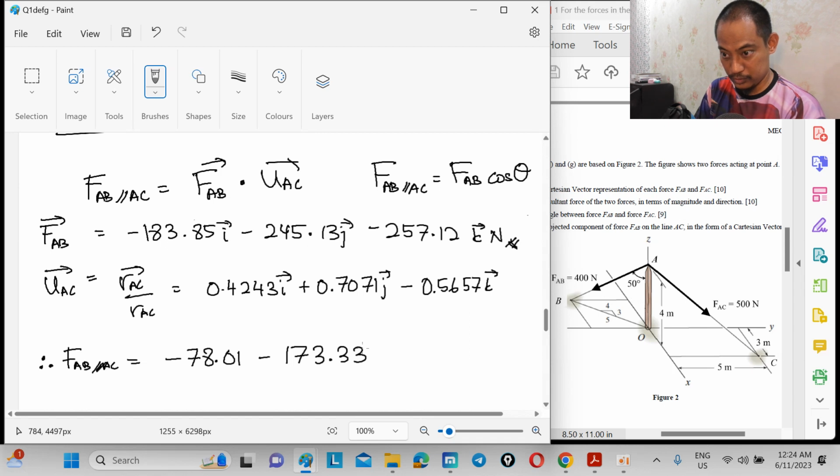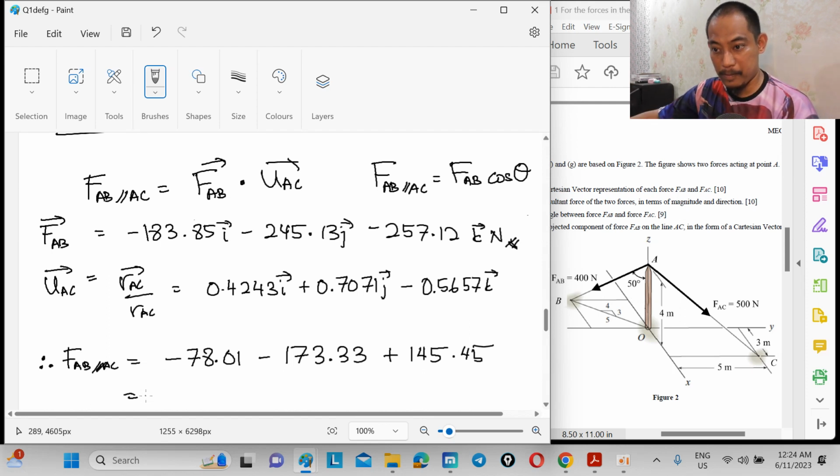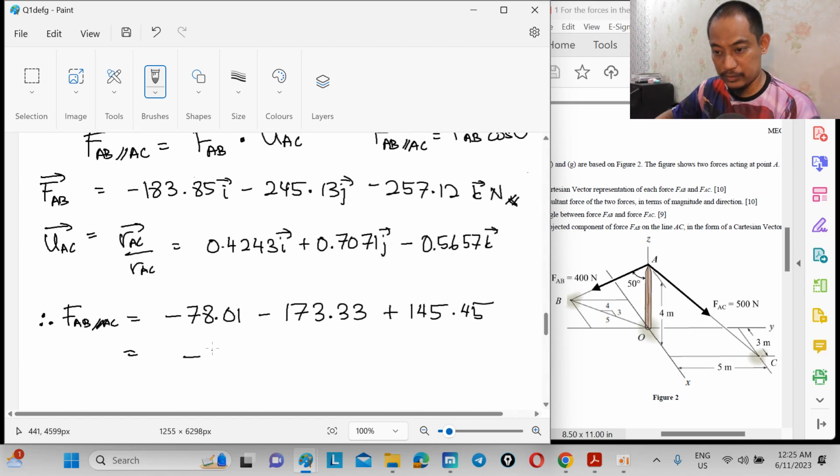257.12 times 0.5657 plus 145.45, so minus 78.01 minus 173.33 plus 145.45. So it has minus 105.89 Newton. Now, if you have this negative, you have to explain what this means, because there's no such thing